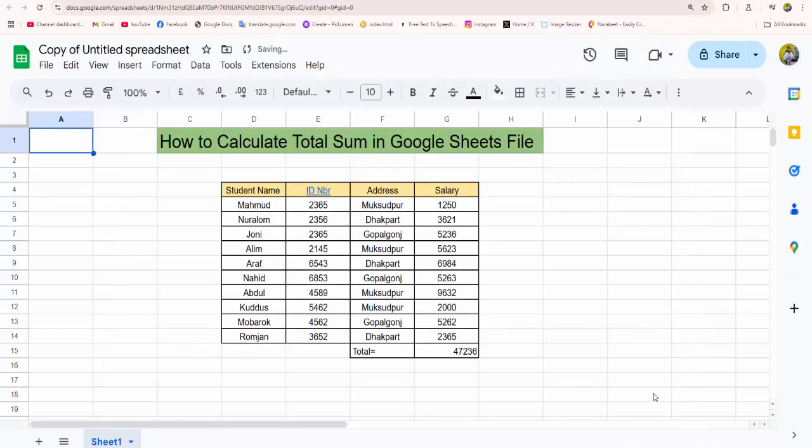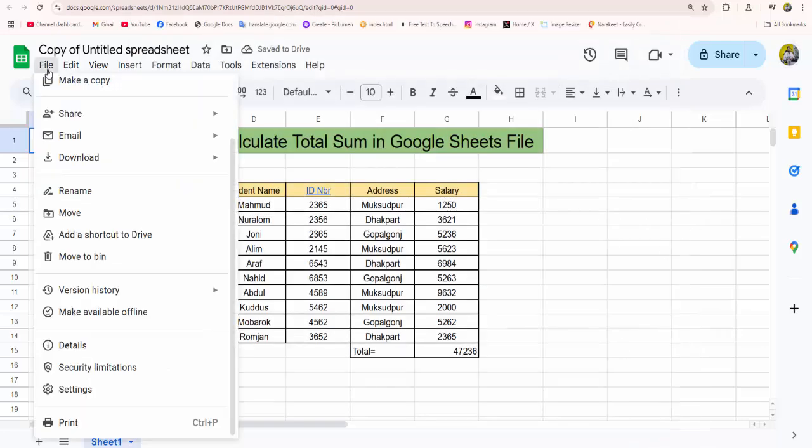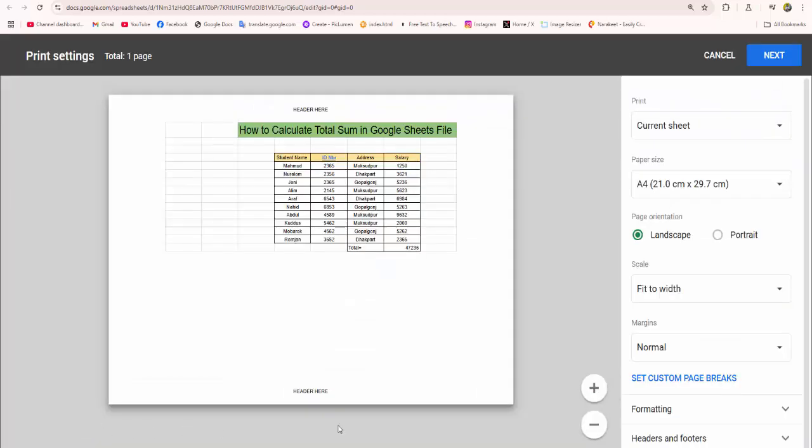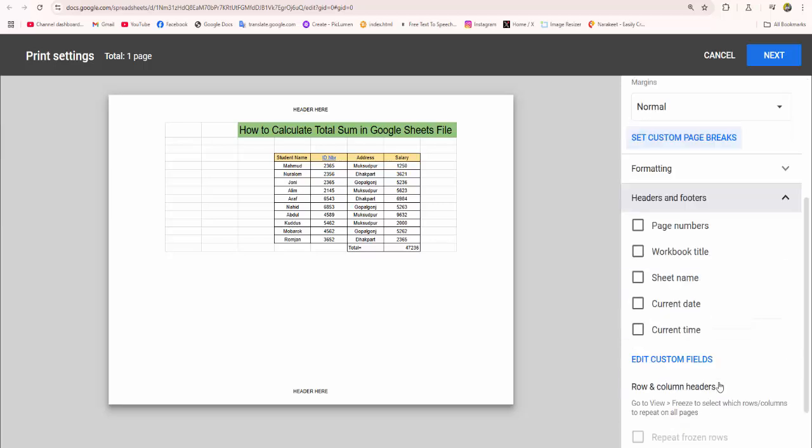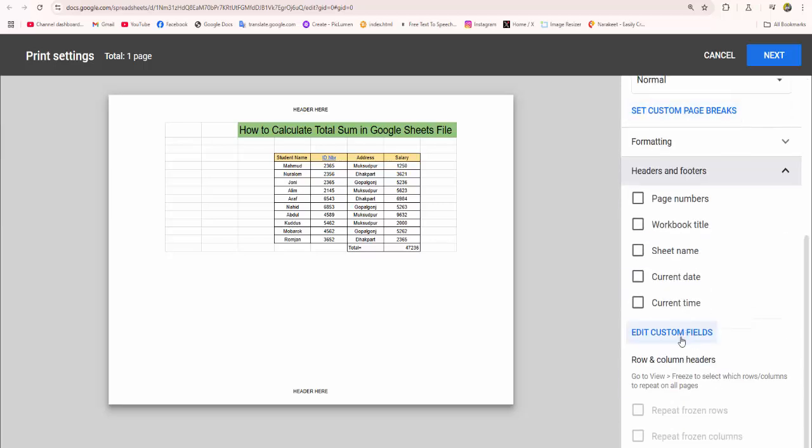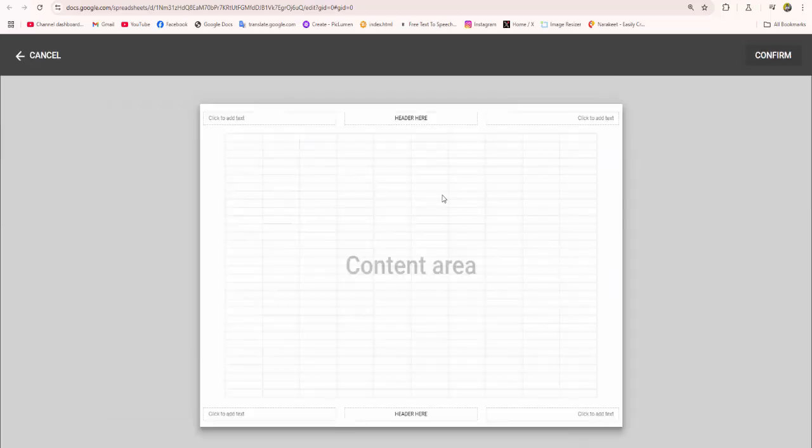Now click. Now going to the file menu option again. Now click for the print option. Now click for the header and footer option. Now click for edit custom field option. Then